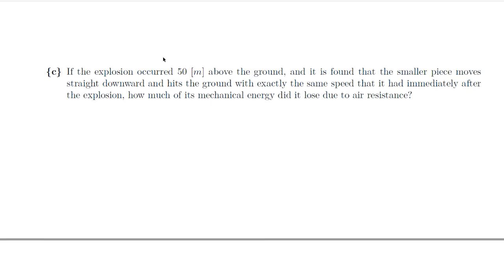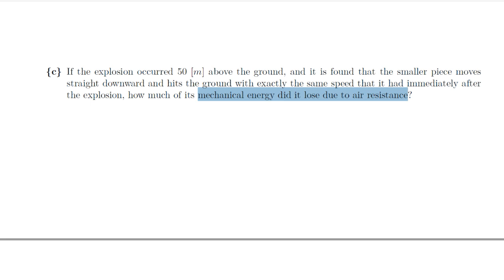Part C of this: if the explosion occurred 50 meters above the ground, and it is found that the smaller piece moves straight downward, hits the ground with exactly the same speed that it had immediately after the explosion, how much of its mechanical energy did it lose due to air resistance? You're talking about energy and how it converts from one form to another, that should automatically ring conservation of energy. So we're going to use conservation of energy, but the part that might sound a little strange is